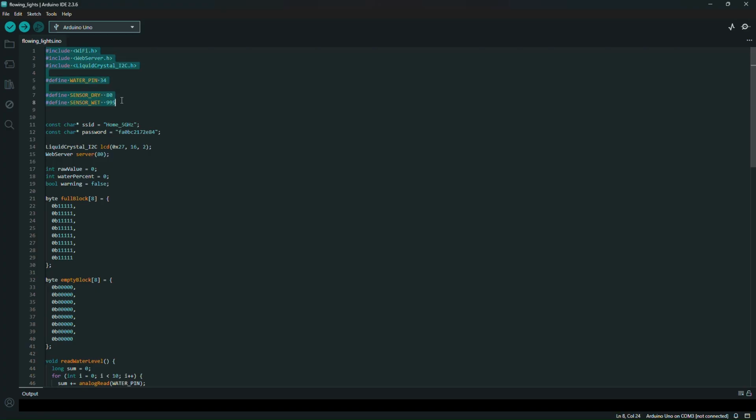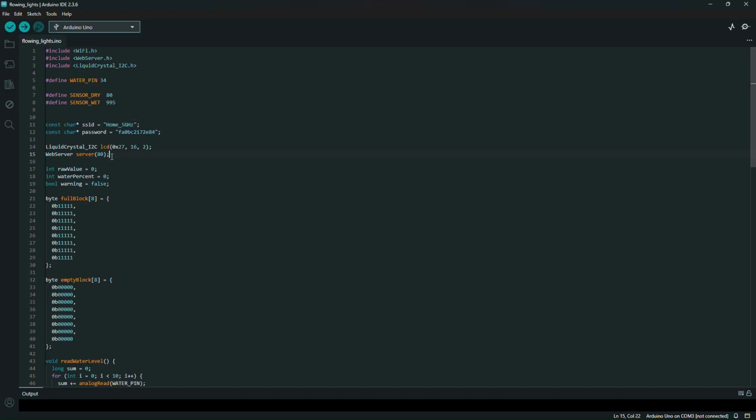First we need to define the libraries, like Wi-Fi, the server, and liquid crystal, water pin, sensor dry, and sensor wet. And then next we have our Wi-Fi credentials so that it will connect to our internet.